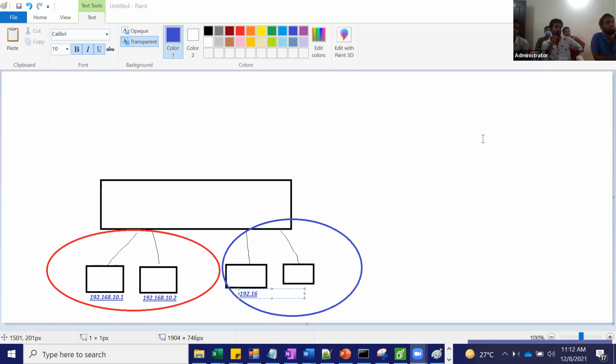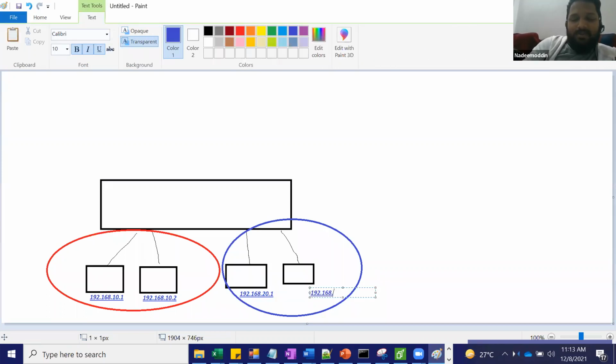Okay, now see, 192.168.10.1, 10.2 in the red VLAN, and 192.168.20.1 and 20.2. So what does it mean?